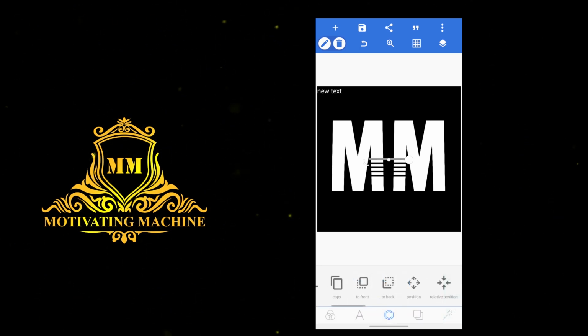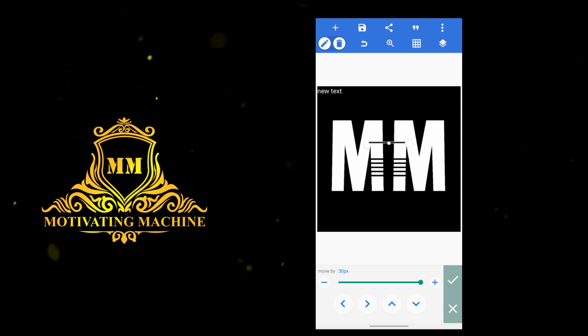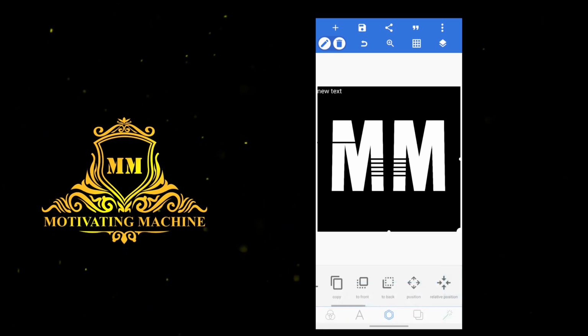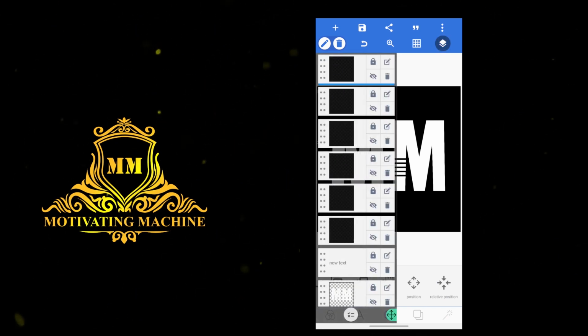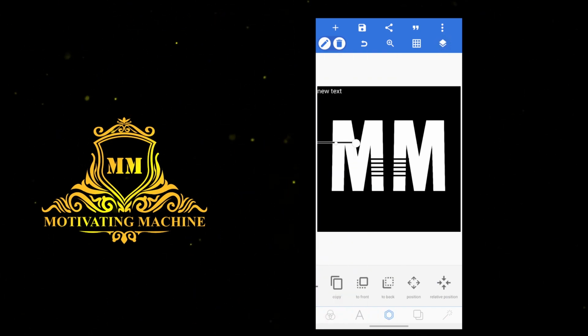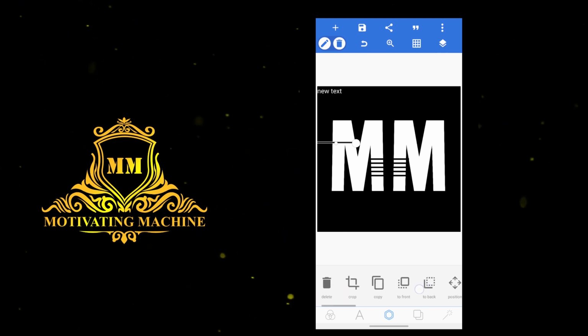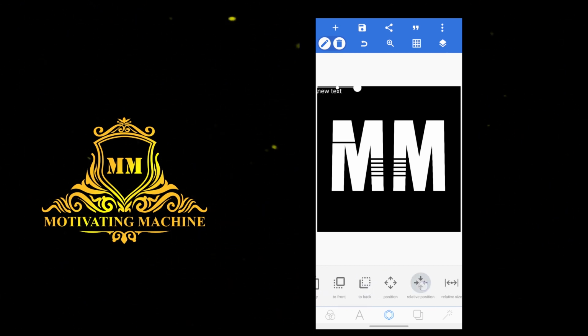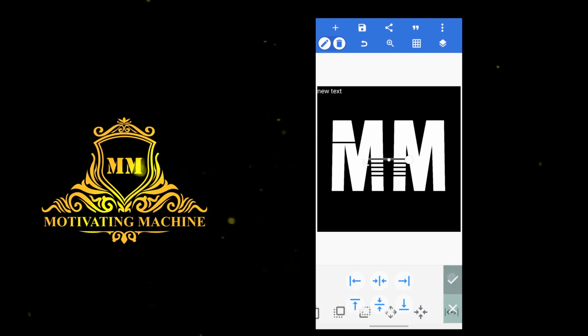Again copy the same line. Now copy it and repeat the same process till it looks like the logo I showed you before.